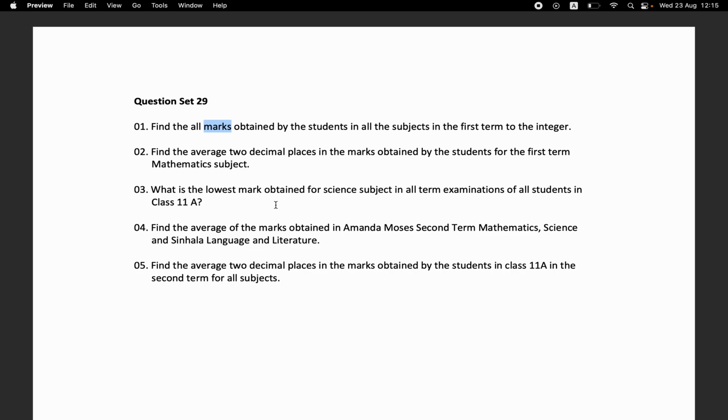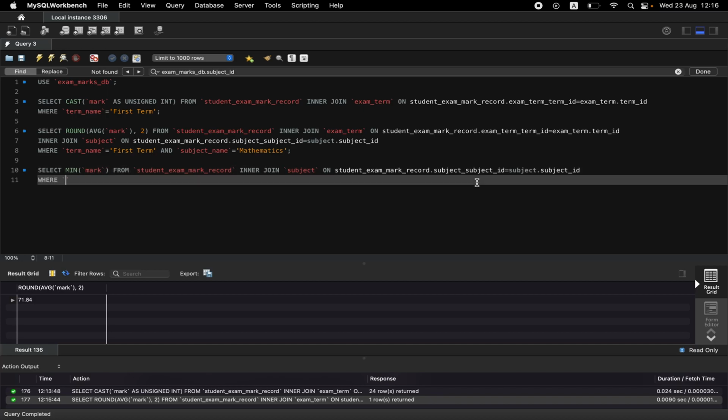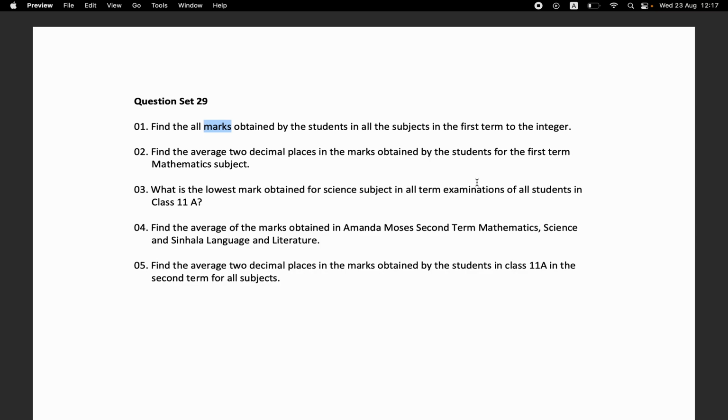So the third question is what is the lowest mark obtained for science subject in all term examinations of all students in class A. So for this, select, we need the lowest, so min will give us the minimum value, from student exam mark record inner join subject on student exam mark record dot subject id equals subject table subject id, where subject name is science subject,